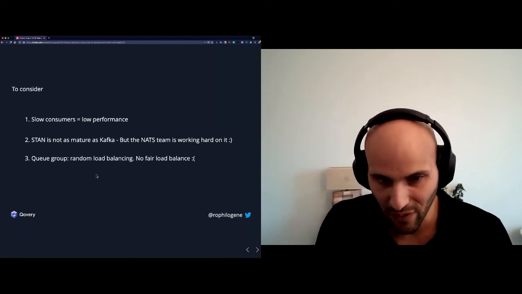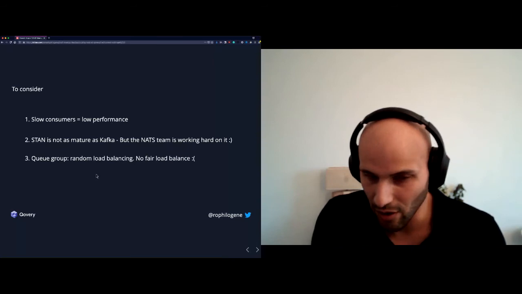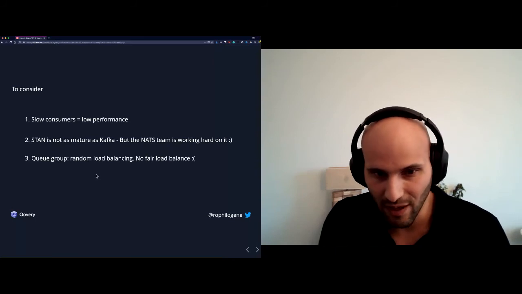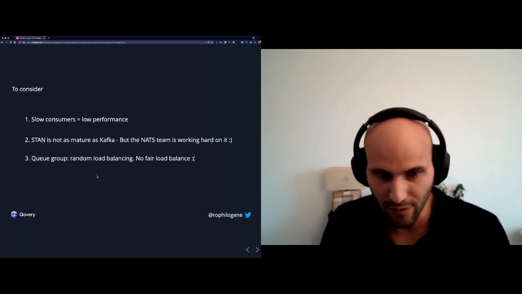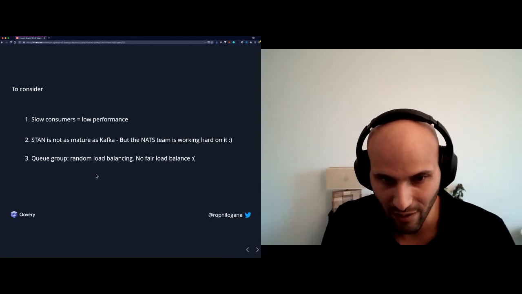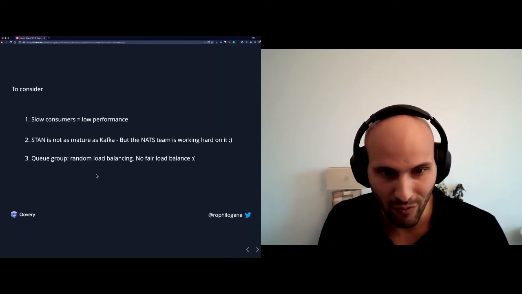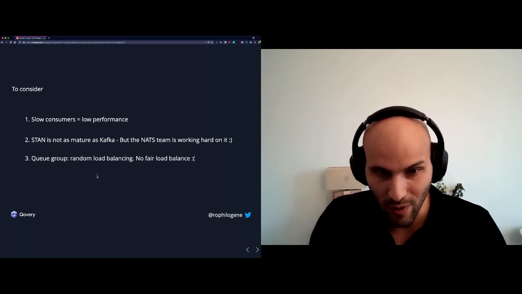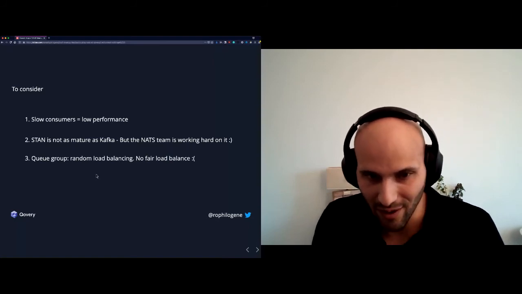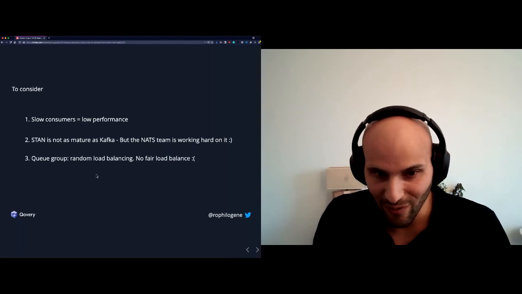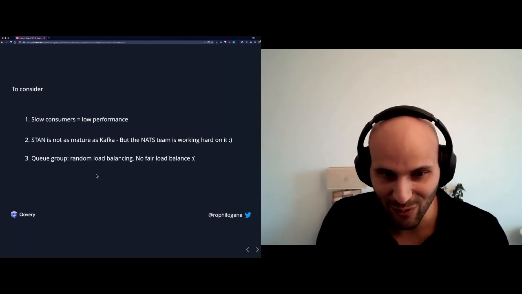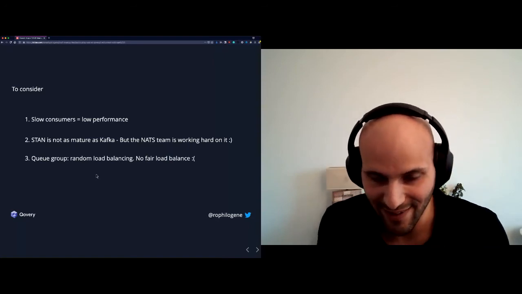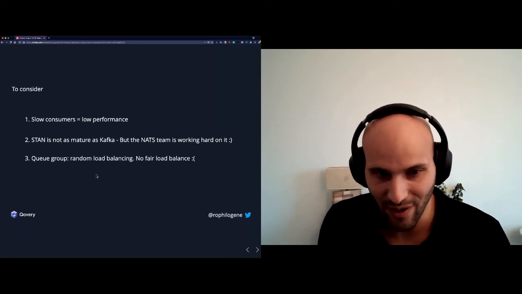And that's a bit painful, because with a system like ours at Qovery, we have long task execution. What does that mean? Sometimes when we pick a task from the queue group that we use through the engines, we have to wait around 10 minutes for the task to end. We can only process those tasks one by one, and with the random assignment it's painful, because sometimes we have other workers that are just waiting for a new task, and they can't process it because it was not assigned to them.